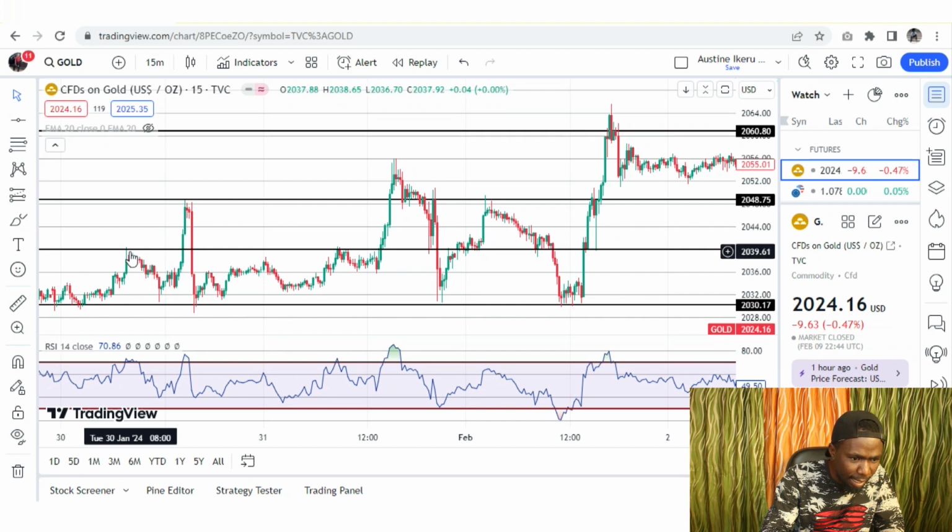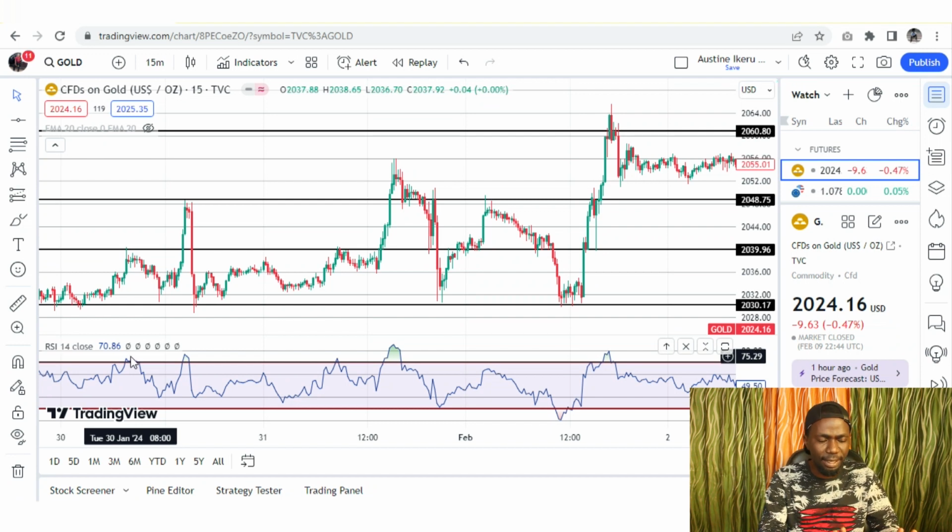The price entered the resistance level, and the RSI entered overbought condition, right? This is the overbought condition, and this is the resistance level. So once you see that the RSI is at the overbought condition and the price is at the resistance level,